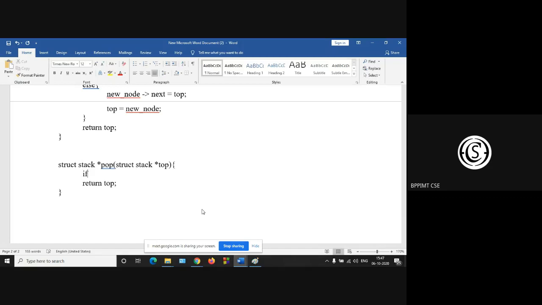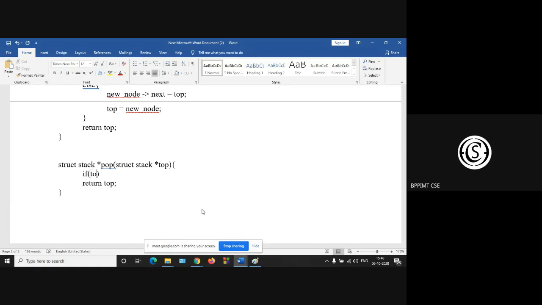Now, if the underflow condition happens, then nothing can be deleted, nothing can be popped. If your stack is already empty, you can't pop anything from the empty stack.